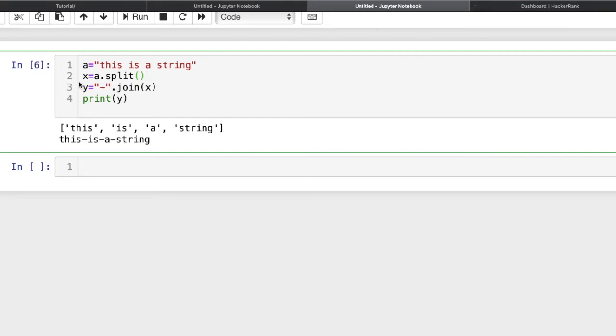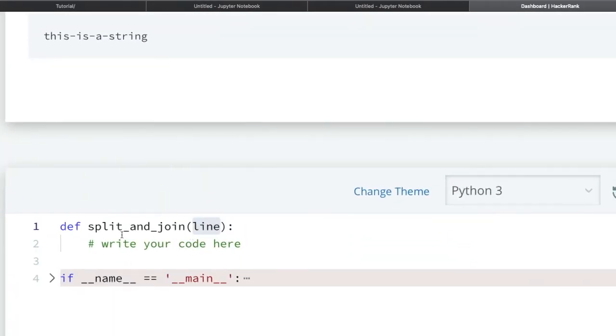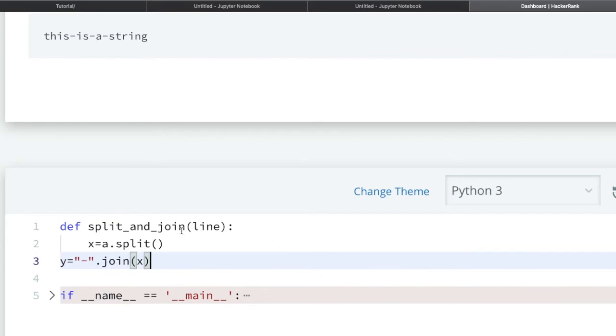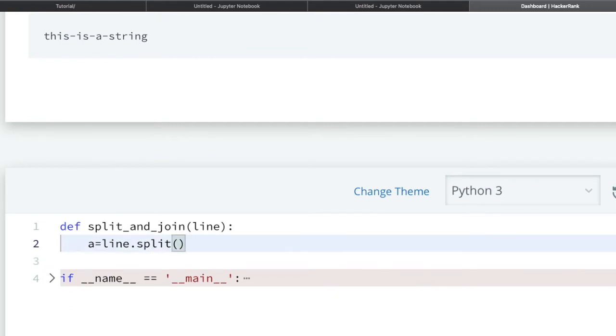So let us write the same logic. Just copy and paste here. The input is in the variable line. So here line dot split, and let us save that in a variable, suppose a. Now after splitting we have to apply the join function.